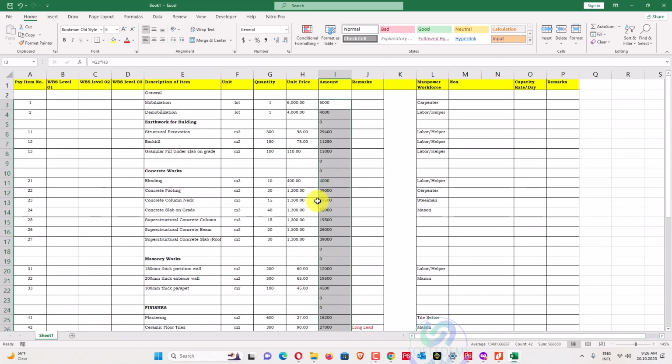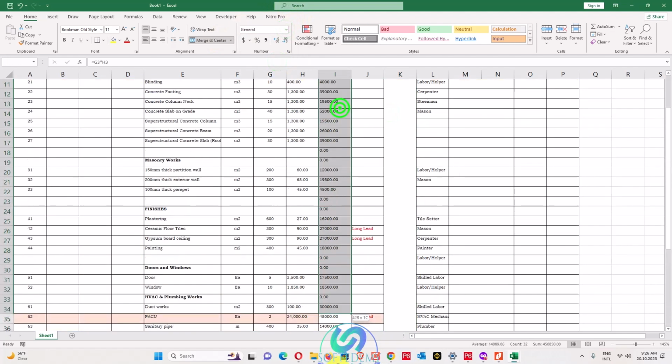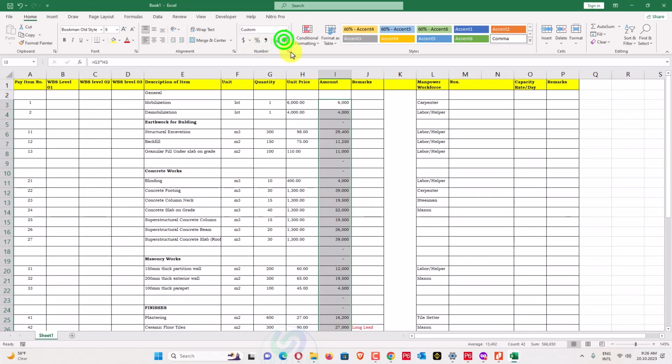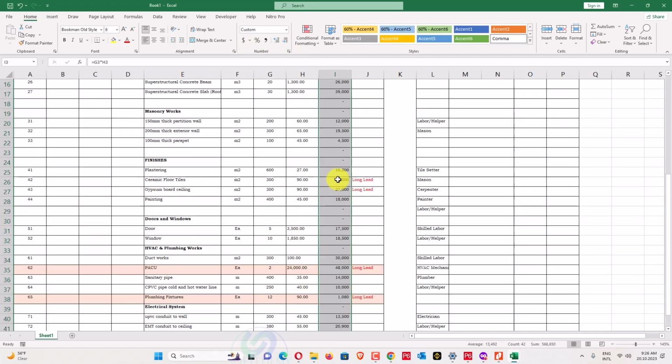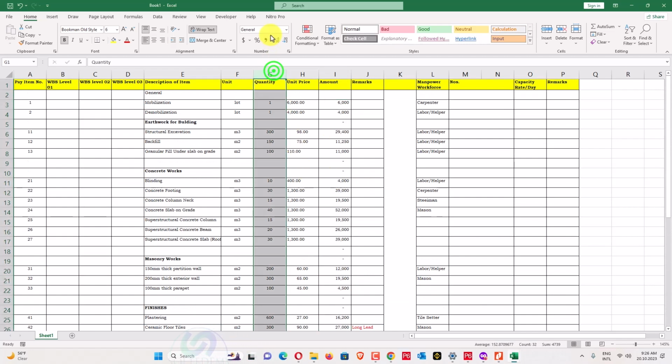Okay, so we have this cost, so we'll convert that one into numbers, and we have a decimal value. We'll just go here and remove that decimal also. So we have this value now, and these are also numbers. Just convert that one. Every column should have a specific type: if they are numbers, they should be in numbers; if they are text, they should be in text.